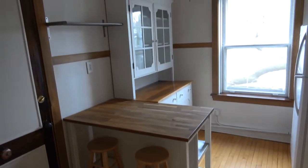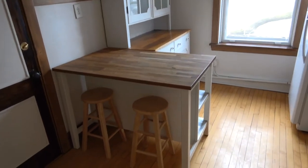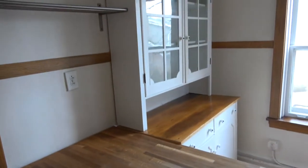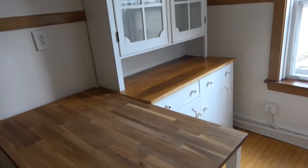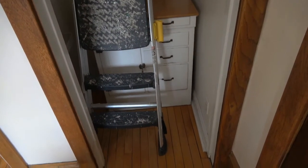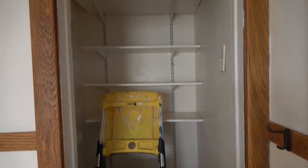We have a couple of pieces of furniture that have been left here for a while. So you do have this little breakfast bar thing. That big cabinet's been here for a long time. There's good storage there. There is also good storage here, although we have our painting ladder in the way. But you see there's a little dresser kind of thing behind the ladder, as well as shelves, and that has